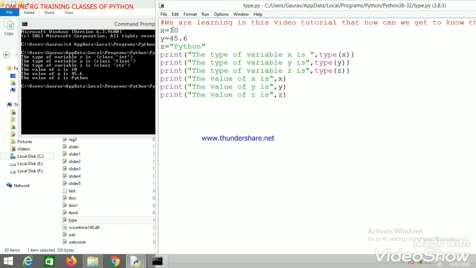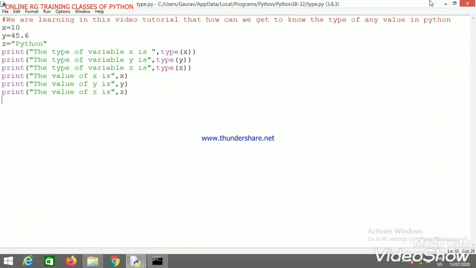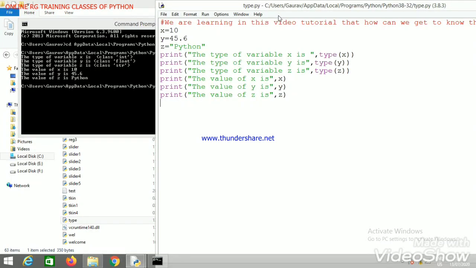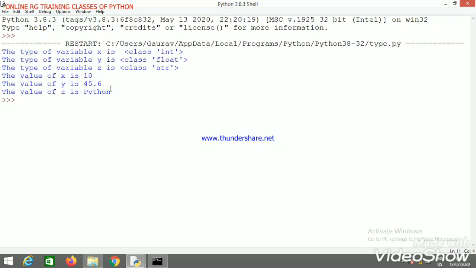The value of x is 10, the value of y is 45.6, and the value of z is Python. This is how we can run our programs in the command prompt. In the same way, if we want to run it here also, we can press F5 or go to Run Module. We can get our output in the Python shell, as we did in the last tutorial.